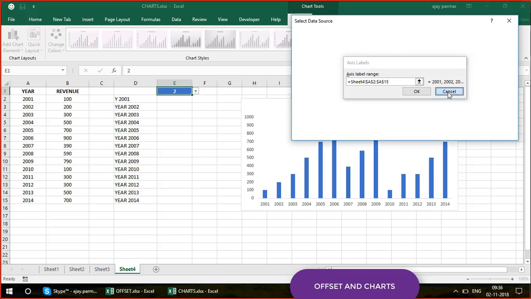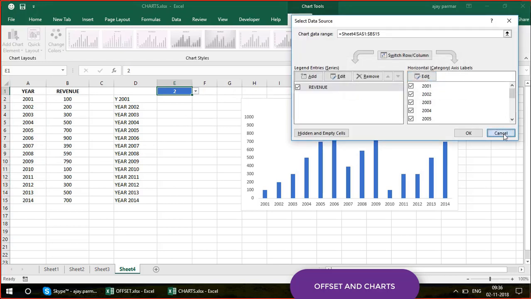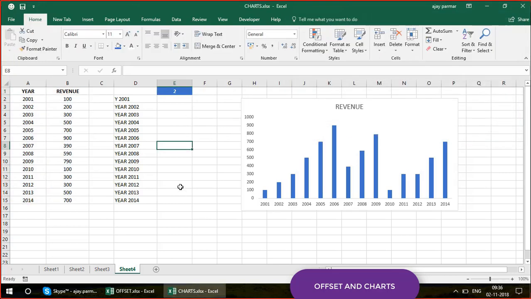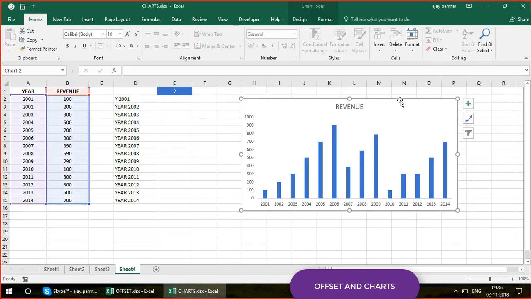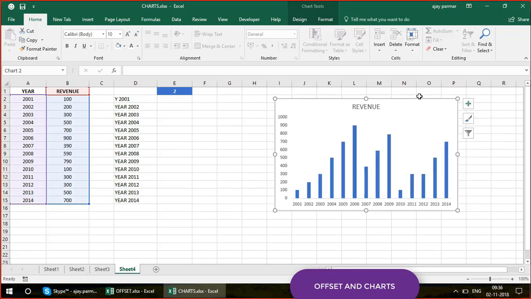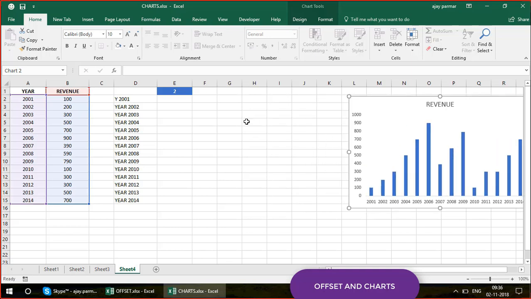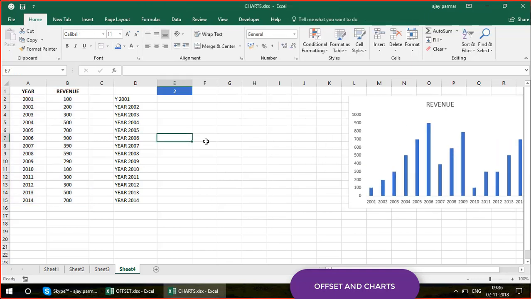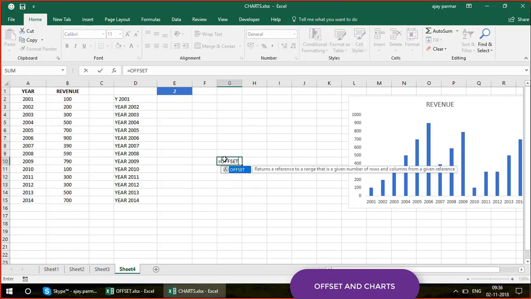Well, first of all, let us quickly create the offset here in Excel. Right now I have created the chart. That's okay, I will not delete this chart. We will modify this chart, right? So we just go and put it here. Now, how are we going to write the offset if I have to pick up only 2 items of this table? I can say OFFSET, then we will start from the year. Now since I do not need the header,